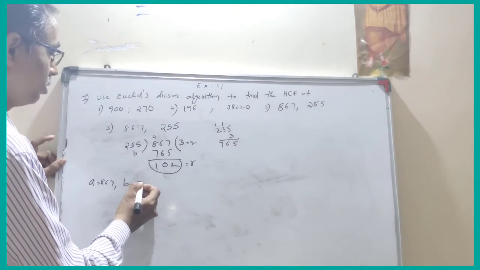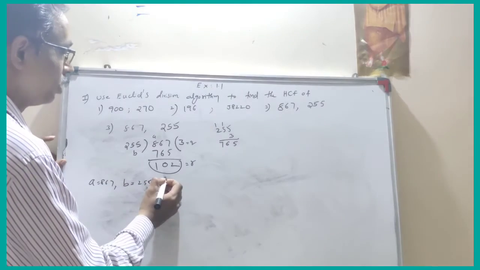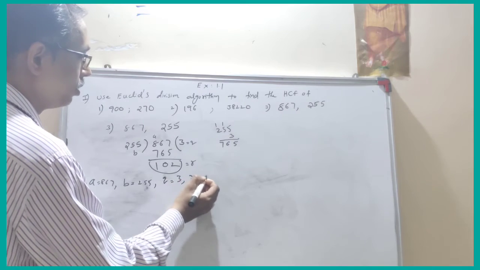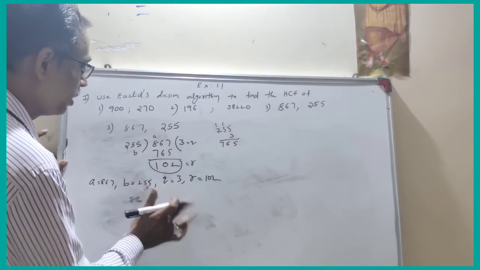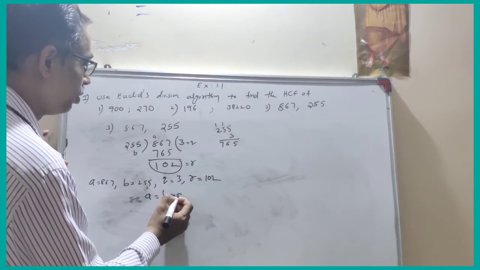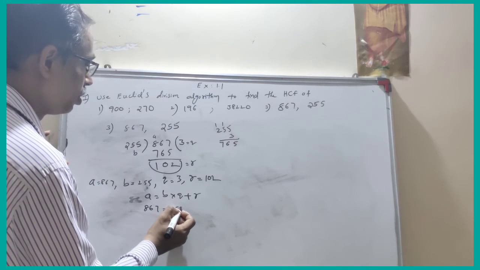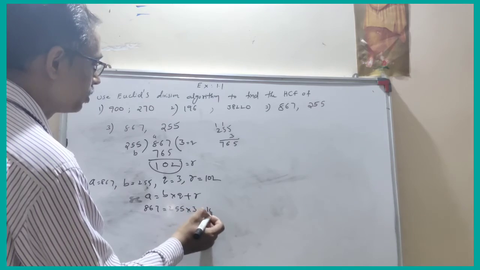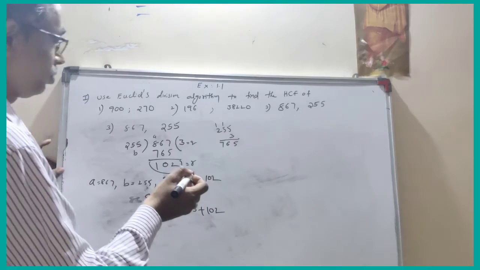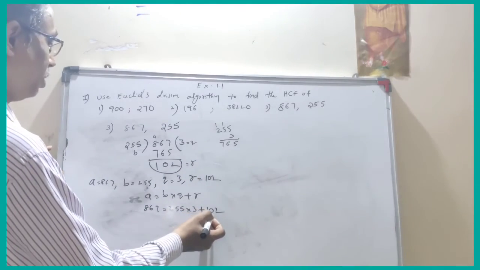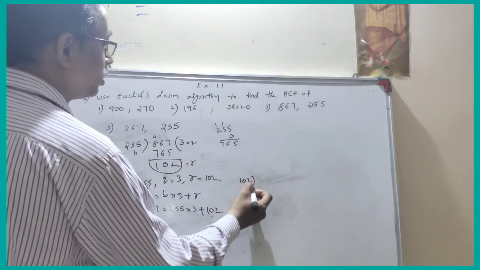So now here we can write B value is 255 and Q value is 3 and R value is 102. So we can write it by applying the rule again. What is the rule? A is equal to B into Q plus R, that is 867 is equal to 255 into 3 plus 102. Okay, now here again divide 255 by 102. So applying the same division,